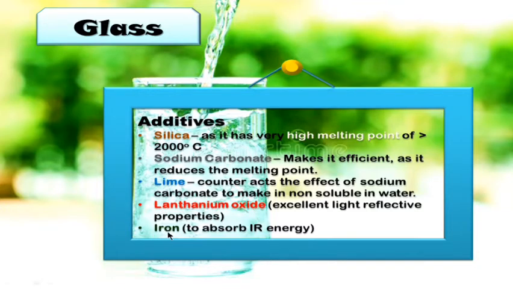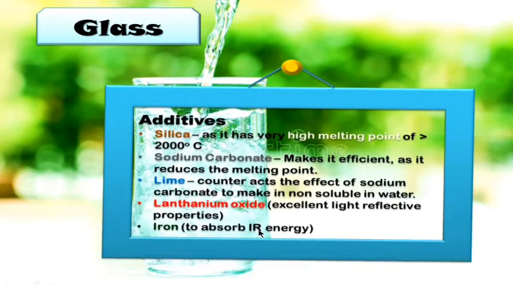Next is the iron, which usually is used in movie projectors because these projectors release infrared energy, and this ultimately causes heat. So to decrease the heat content, they add iron to the glass and they use those glasses for the movie projectors. So next we'll go to